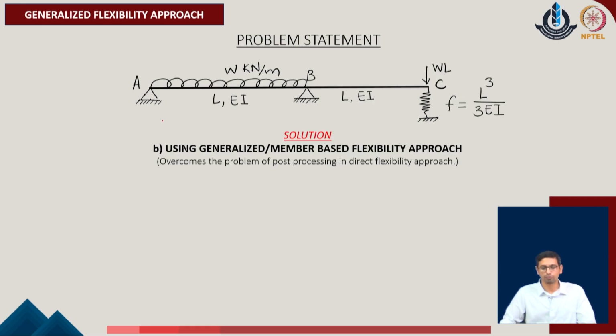So, now the same problem we will try to adopt with respect to the generalized flexibility. As we understand, this method will overcome the problems of the post processing. Typically, as we have a structured approach to evaluate the response of the given system, we will not only evaluate the unknown redundants of the given problem, but we will also be evaluating the reactions of the system in the process. We will also be knowing the unknown displacements which are occurring in the given problem, and that makes it much easier than doing the post processing of the actual flexibility matrix of the given system.